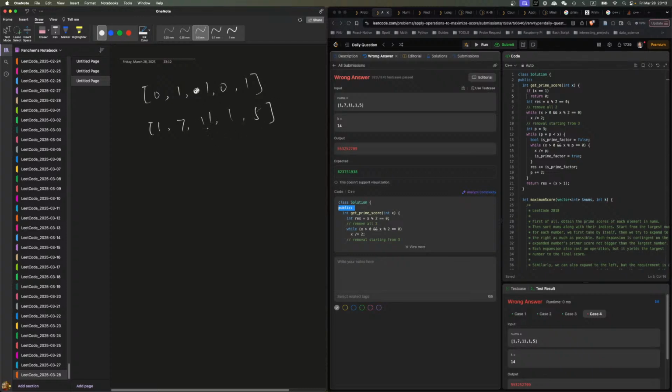So basically we do 11. So we have 11. All right, 11, 11, 1, 11, 5. And then can't do it. You cannot do it. Can't extend to the left because the left is not